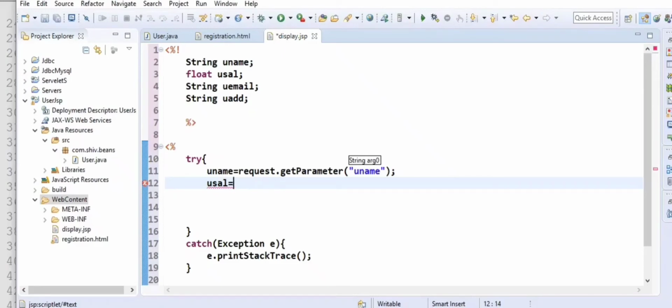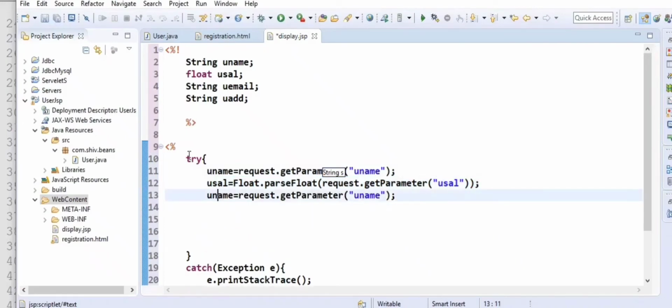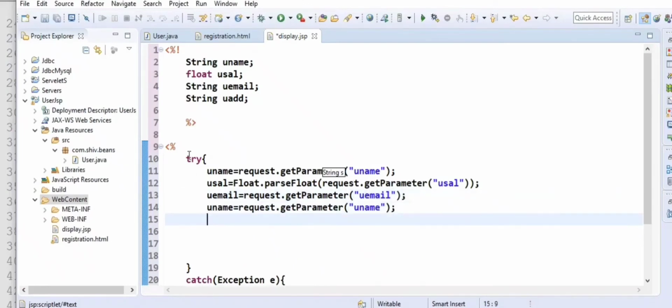So Float.parseFloat(request.getParameter(...)), and in the same way we will take email and address.